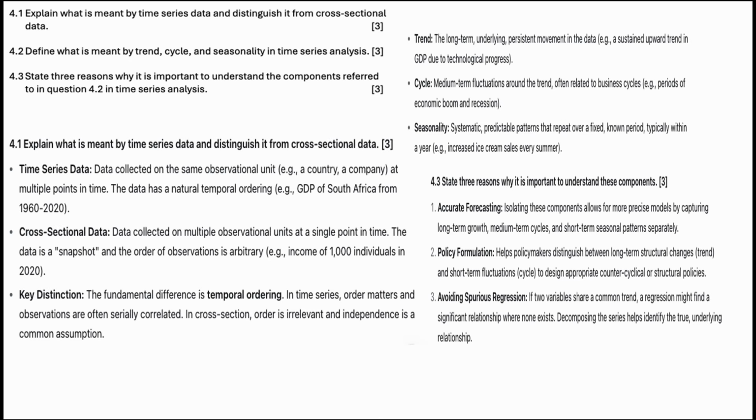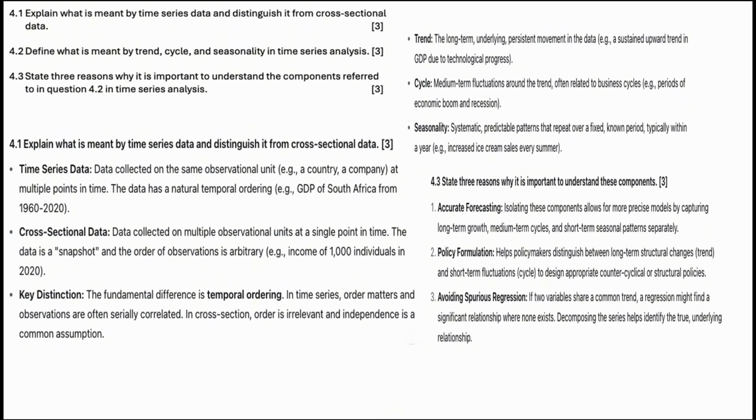So it has a natural temporal ordering. And so the main difference is temporal ordering, and obviously whether they are the same observational unit or multiple observational units. And then here again, define what is meant by trend, cycle, and seasonality. We've already done that. State 3 reasons why it is important to understand the components referred to in questions 4.2